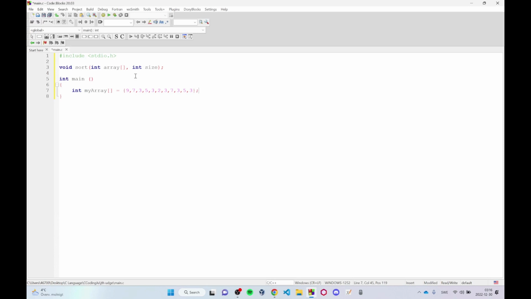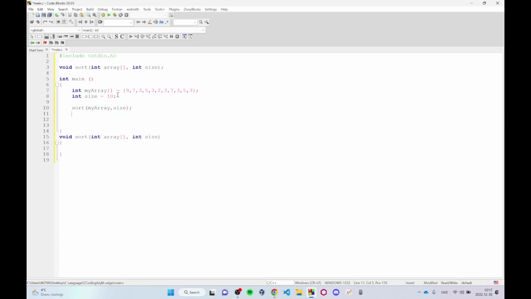Okay. And then we have another variable which is size. This is the size of the array above. Obviously we know that we put 10 elements in here, so size is going to be set to 10 as well. Now let's assume that the function is done, because obviously we're going to have to call the function over here. Let's assume that we have defined this. That means that we can call it in our int main. So sort my array,